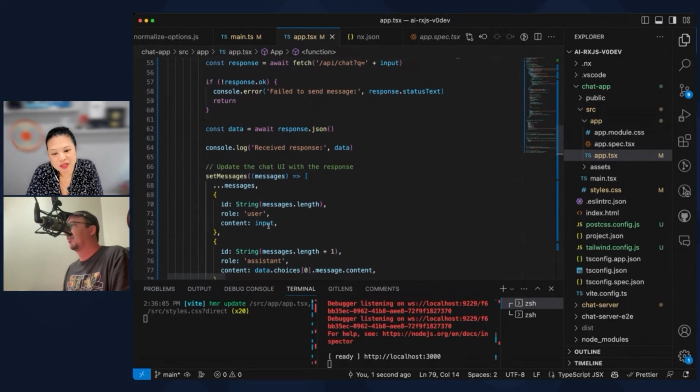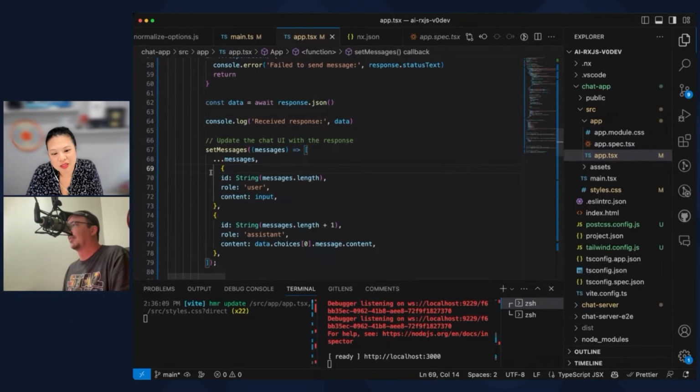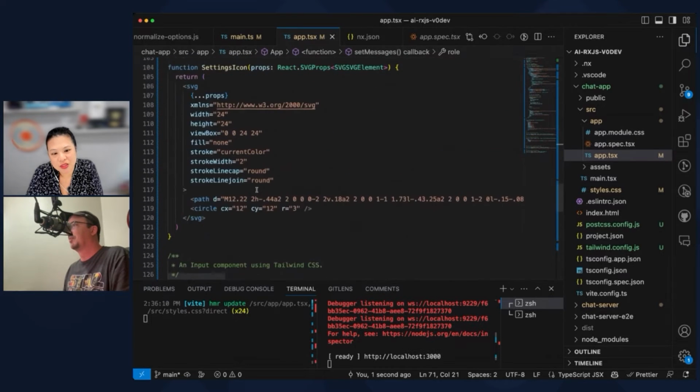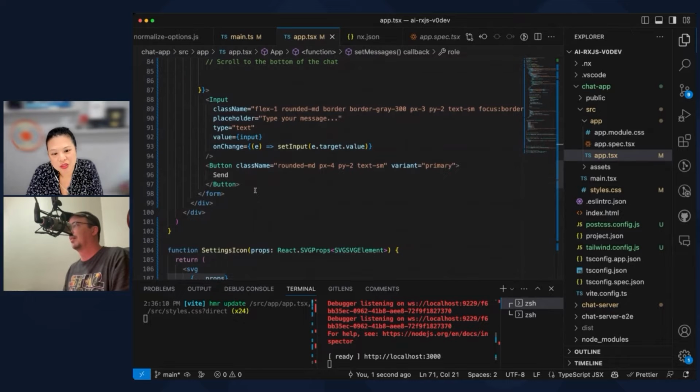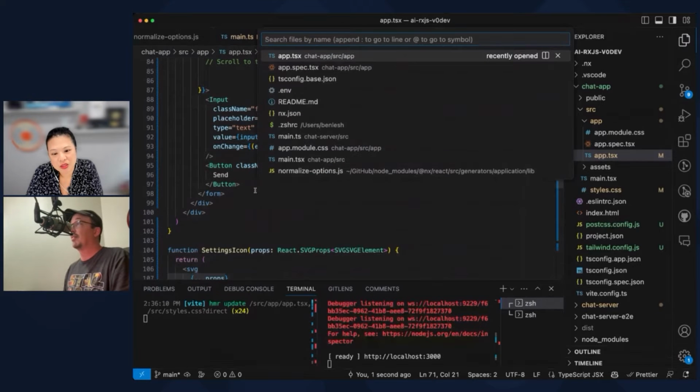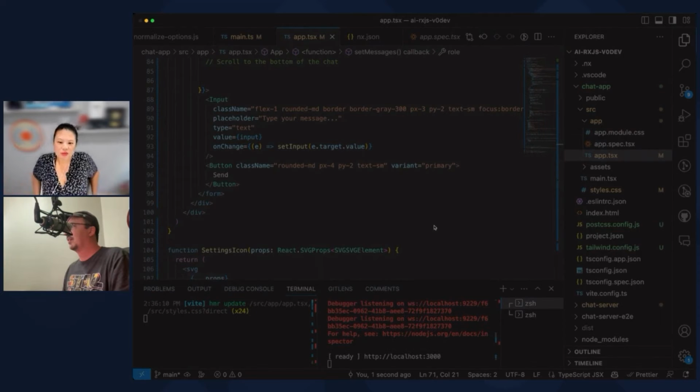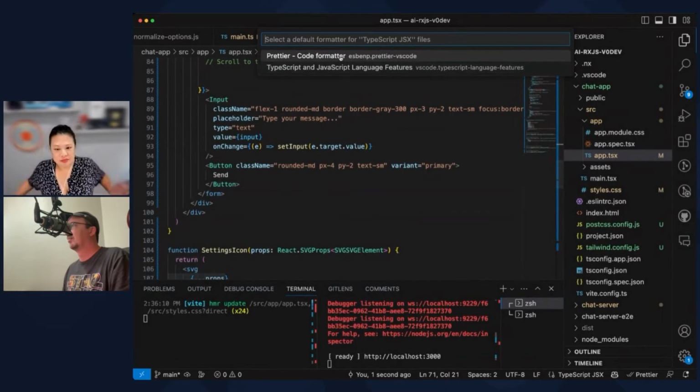We've got some sort of formatting issue where it's not formatting things. If I hit save, it doesn't quite realize that I must be missing a space or something. Or either that I don't have format document. Oh, it's not configured. There we go. Configure Prettier.